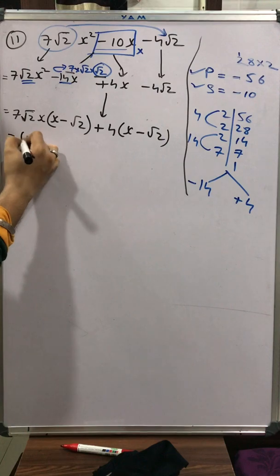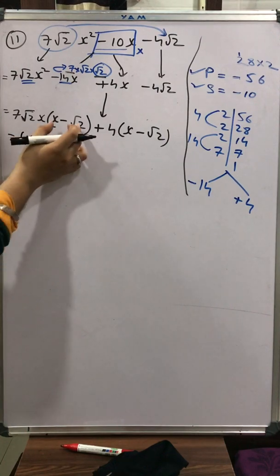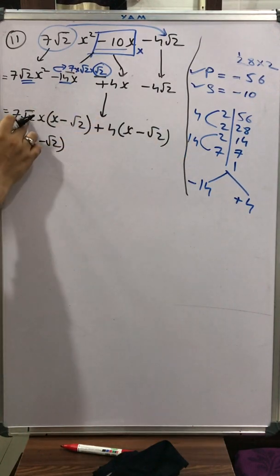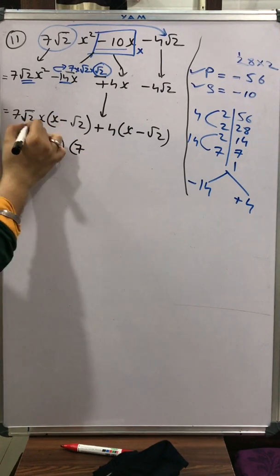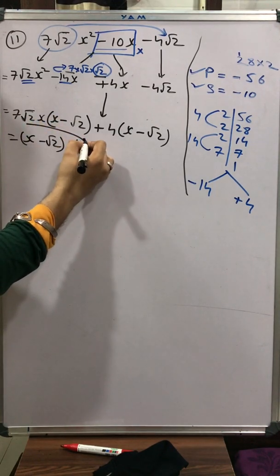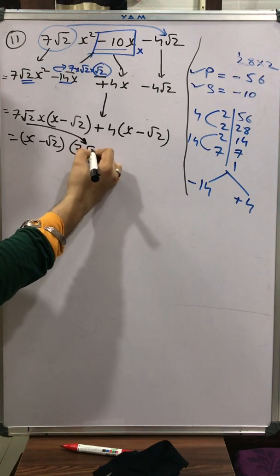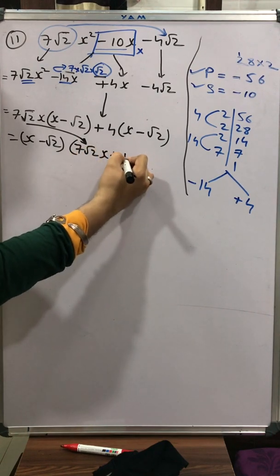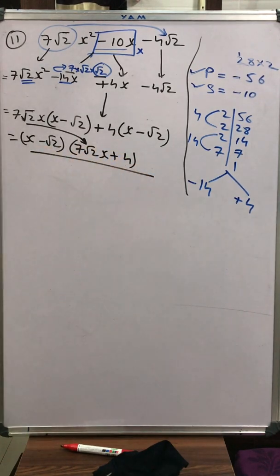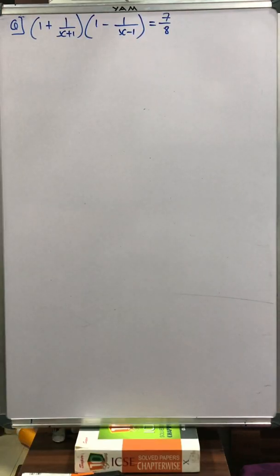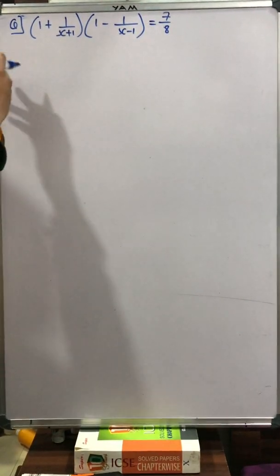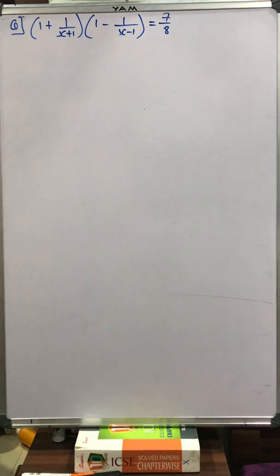सो लेट्स रिमूव x माइनस रूट 2 कॉमन, दिस ब्रैकेट कॉमन फ्रॉम एंटायर एक्सप्रेशन. सो यहाँ से क्या मिलेगा? यहाँ से बचा है अपने पास 7 root 2x, यहाँ से plus 4. This is my answer. Students, now on the board we have another type of a question and the heading is